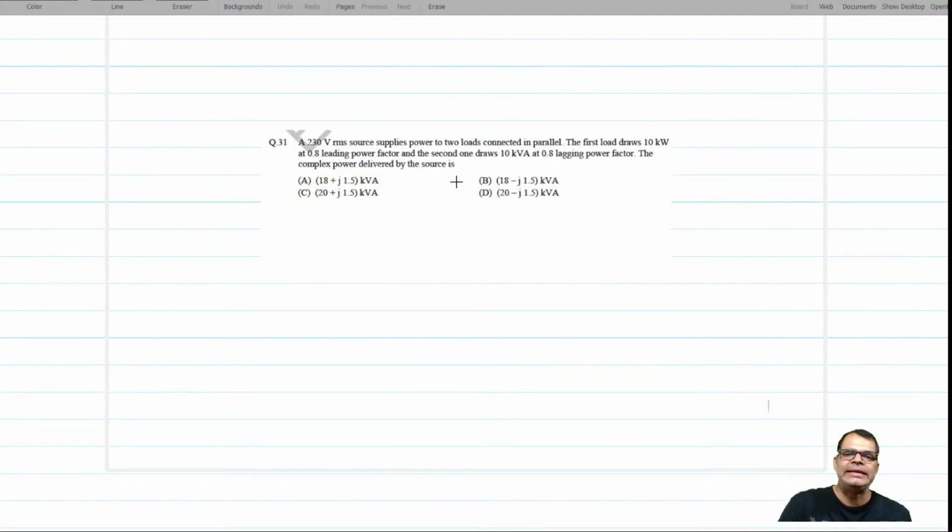Leading power factor, and the second one draws 10 kilovolt ampere at 0.8 lagging power factor. The complex power delivered by the source is,